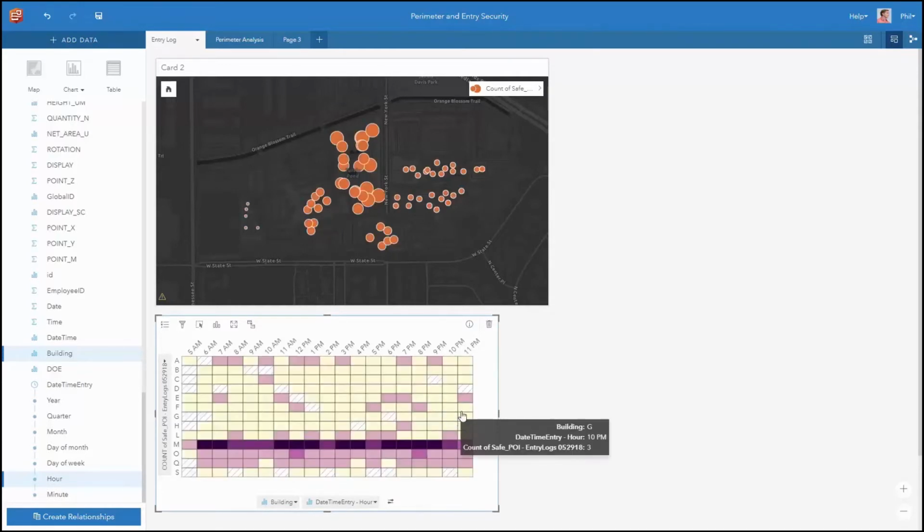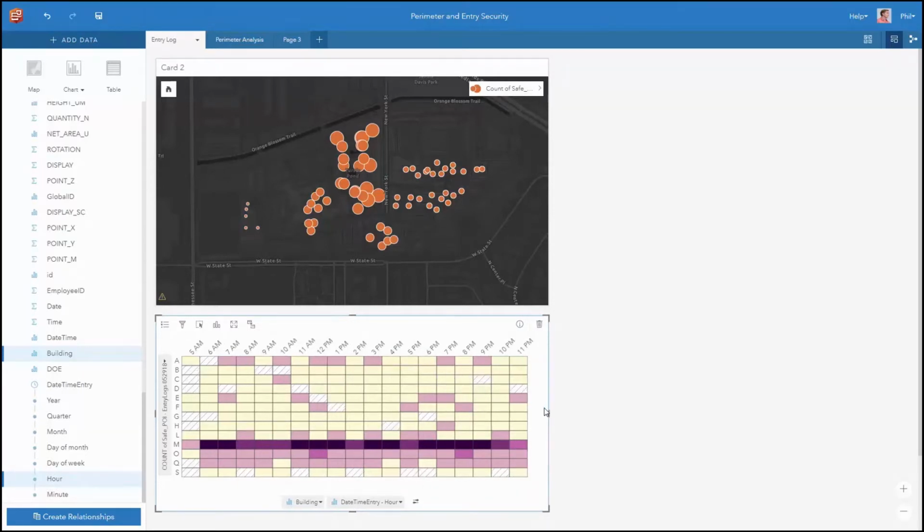And you can also visually see this via a heat chart. The darker purple is showing a higher number of entries to the building, and then you start to see that tail off towards the end of the day as well. And we've got a couple of late night workers. Okay, all right, so now what I want to do is take this to the next step, and we're going